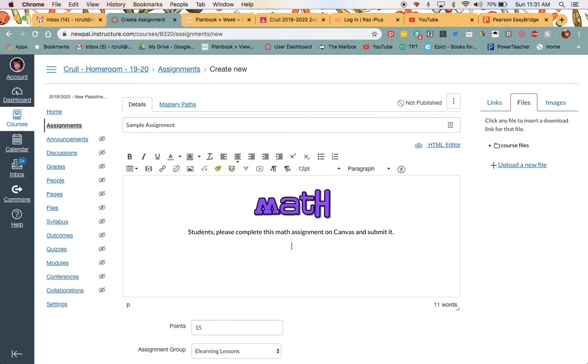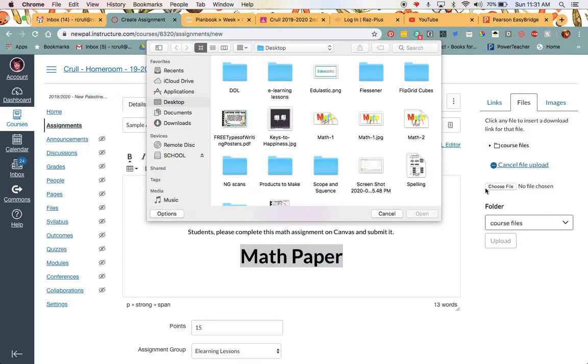Now there's another thing you can do as well. If you want to say spelling, I'll call this math, even though we know it's spelling, math paper. You could do that. You can also make this really large so it stands out so they know. You could also do it that way and go File, Upload,